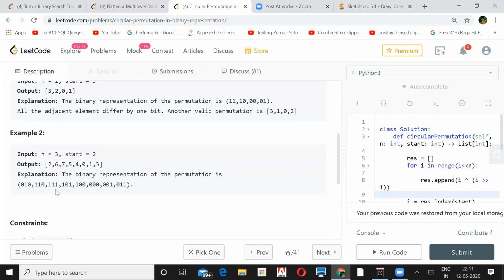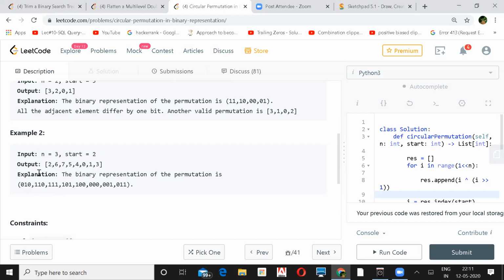That's correct. And then in the end, for example, it also put up one more constraint that the first and the last number should differ by 1 bit, right? So maybe you will write some util method which will return a Boolean value. If it returns false, then you can continue. If it returns true, you will just return the answer. Or you can keep a set, where each time you get a new one, you append it to that. The next time, by changing 1 bit, if you get the same one which you have seen in the set.